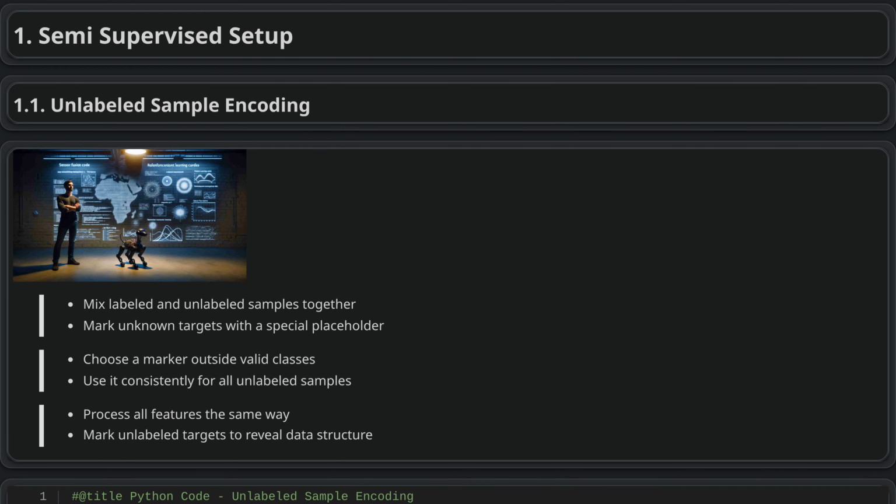Semi-supervised setup. Unlabeled sample encoding. Semi-supervised learning uses both labeled and unlabeled data, so the model must clearly distinguish known targets from unknown ones. All samples are usually stored together, while known targets keep their class labels, and unknown targets use a special placeholder, such as -1. This tells the algorithm which examples are reliable for training, while still allowing it to learn from